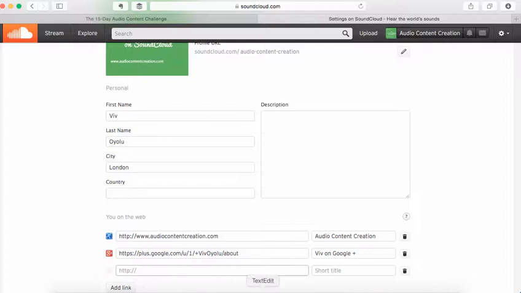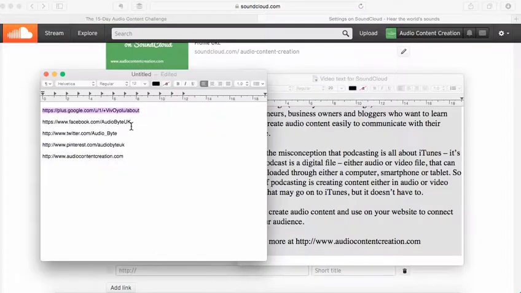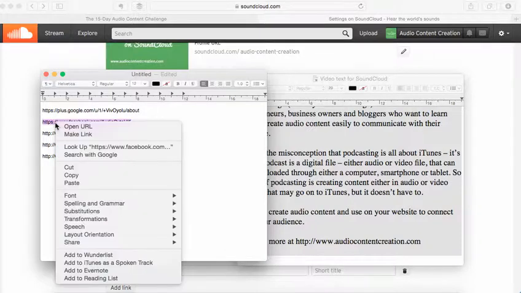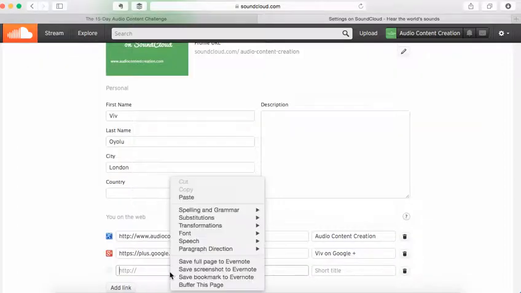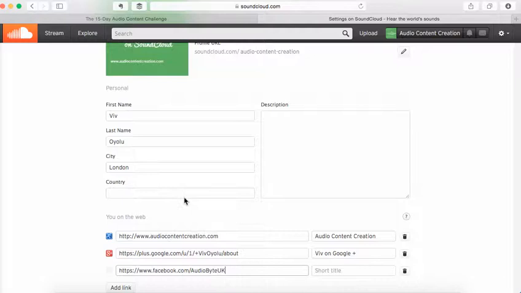And then I want to add on my Facebook account. So this is Facebook for AudioBite, and AudioBite is the parent company of audio content creation. So I haven't opened a new account for audio content creation. So this is AudioBite on Facebook,